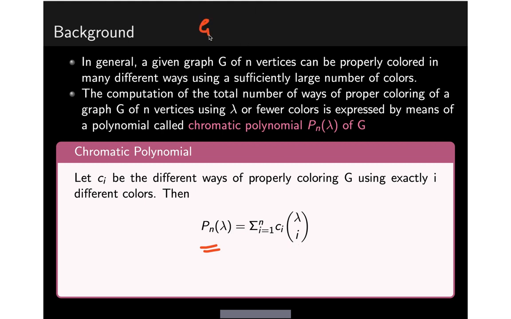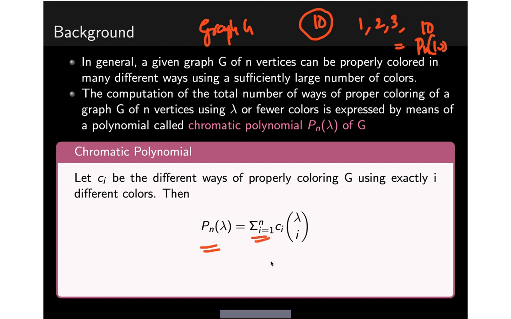Suppose we have a graph G, and 10 colors are available to color it. Maybe I could color it using one color, sometimes 2 colors, sometimes 3 colors, maybe 10 colors. I'll add up all these numbers of ways, and that total will give the value of Pn of 10. So I need to find the number of ways of coloring graph G using 10 or fewer colors. I look at the number of ways in which the graph can be colored using 1 color, 2 colors, 3 colors, up to 10 colors, and I add up everything. That will give the value of Pn of 10. So that is the equation here.